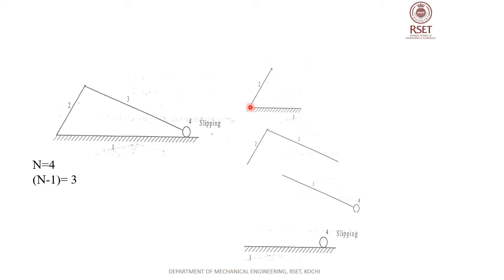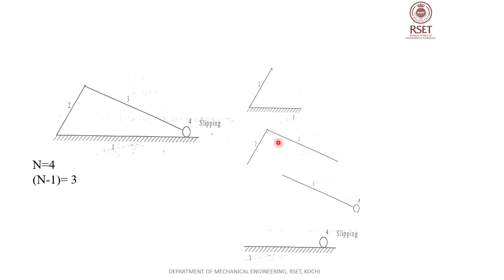1 and 2 is actually connected with a hinge here. You can see a hinge here. I have not drawn a hinge here, but there is a hinge or a pin here. So link 1 and 2 is connected with a pin, and 2 can be rotated about 1. That forms a turning pair or a revolute pair that has a single degree of freedom.